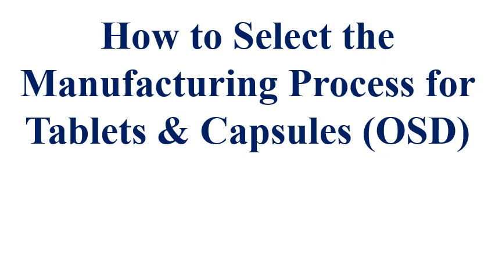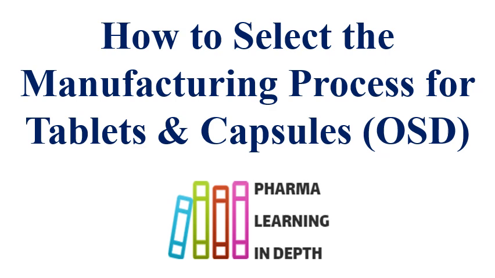How to select the manufacturing process for tablets and capsules. We know that tablets and capsules are the formulations which are called oral solid formulations or oral solid dosage forms. These are the typical formulations which are available as unit dose formulations administered by the oral route,